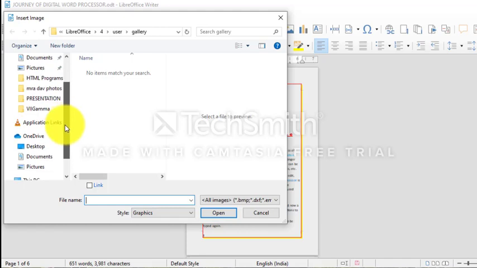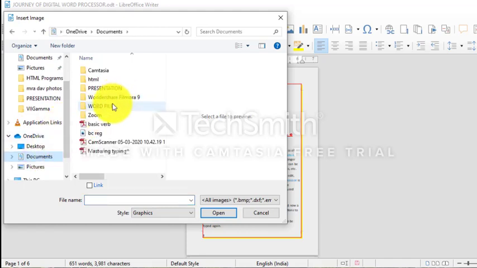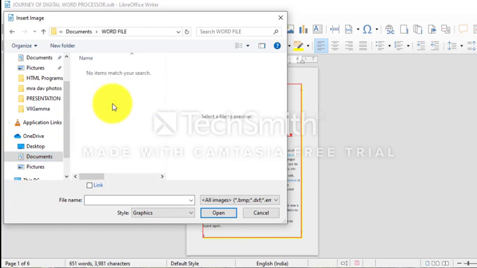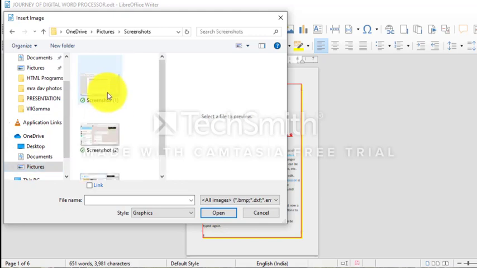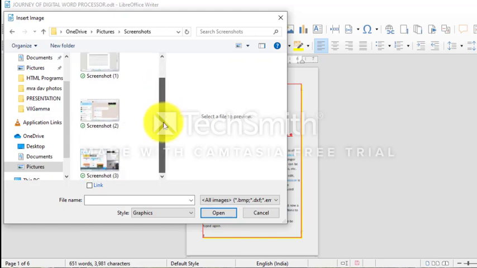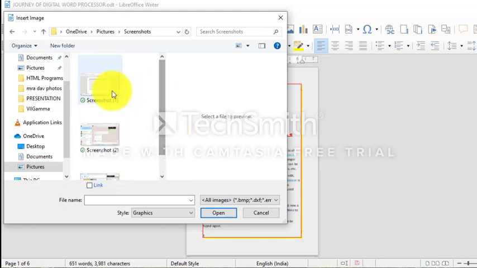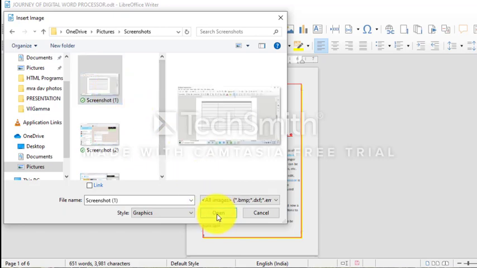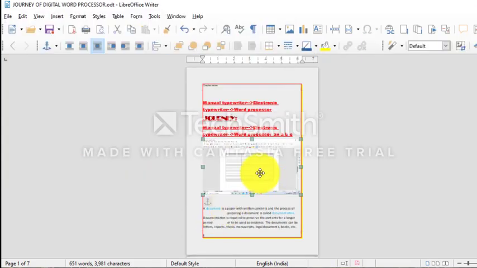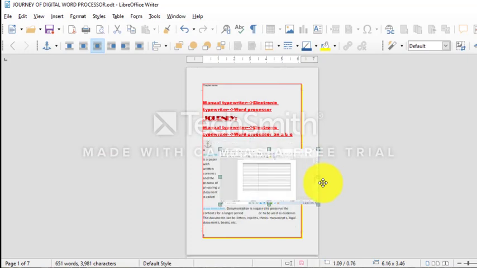I will just select the folder where I have the pictures. I will select one of these pictures and open it.